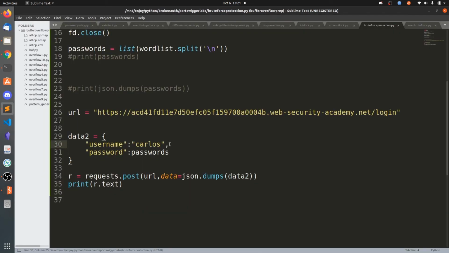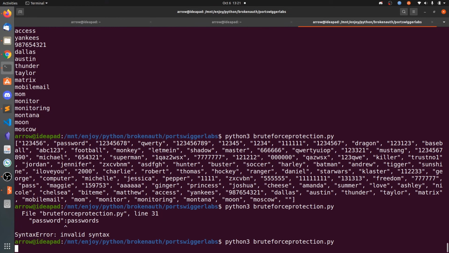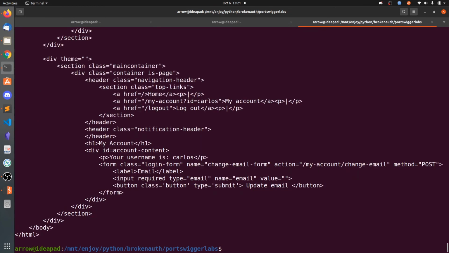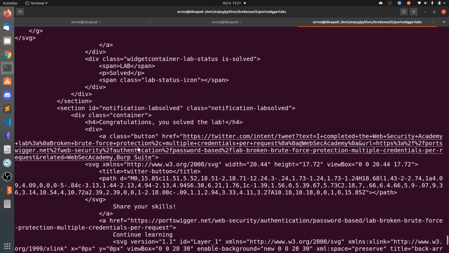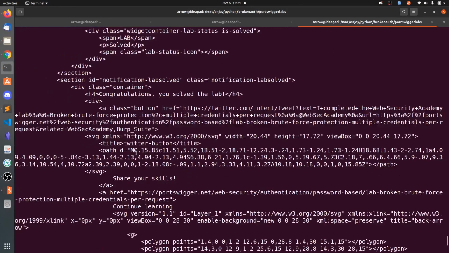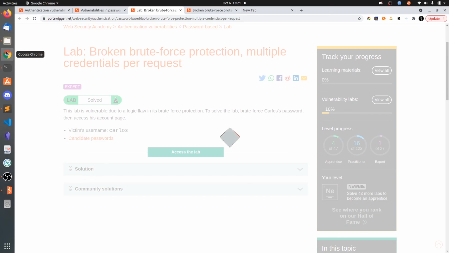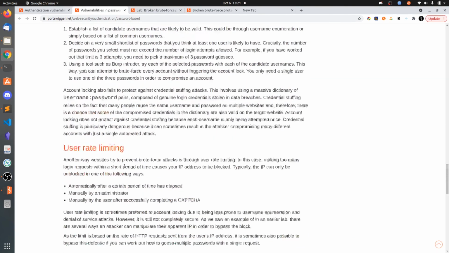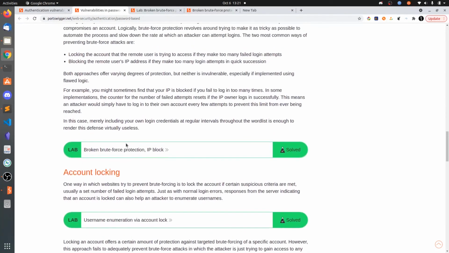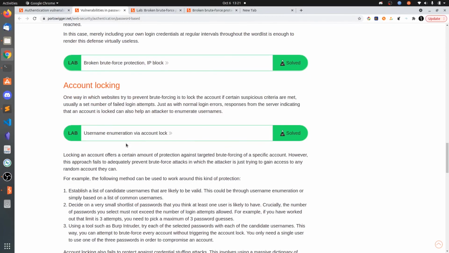I missed this comma, and you can see we got the my account page. So that's about these 3 labs. These all labs are based on password protection.